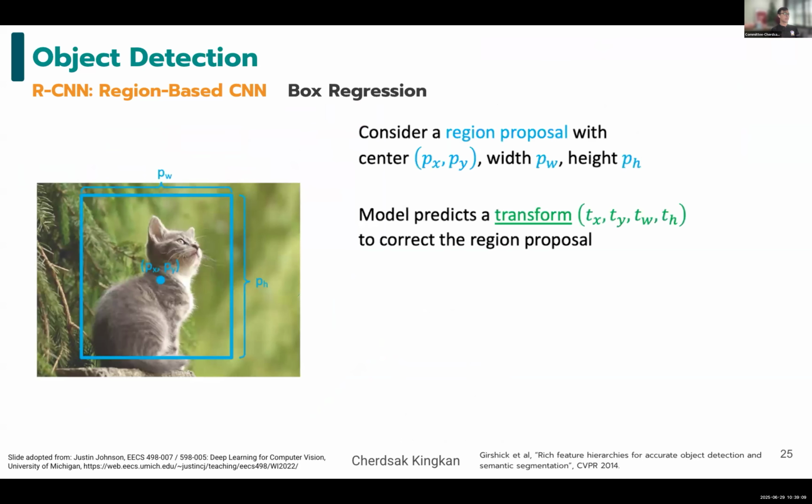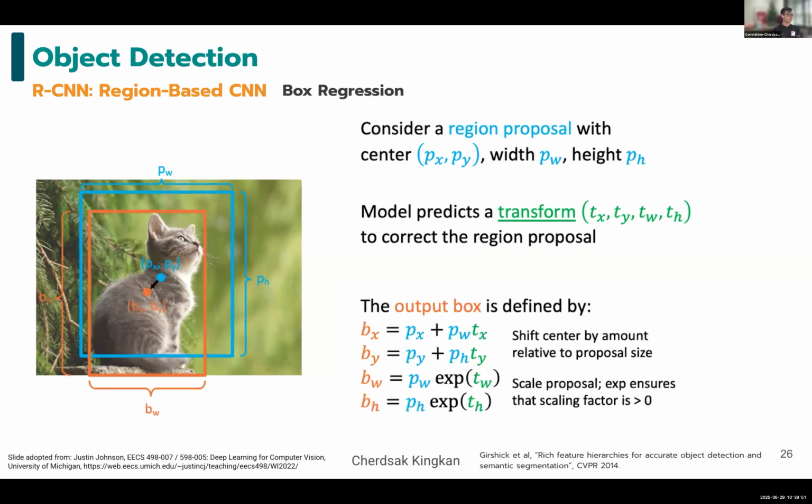So it predicts the transformations in X, Y, width, and height. Let's see an example. We call this task box regression. Let's consider this region proposal. It has a center at PX and PY, with width PW and height PH. The model is going to predict a transform tX, tY, tW, tH